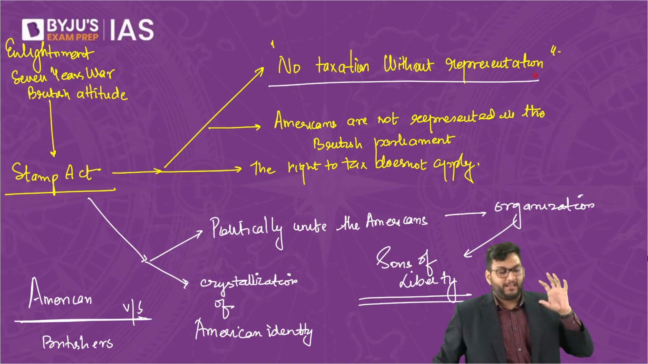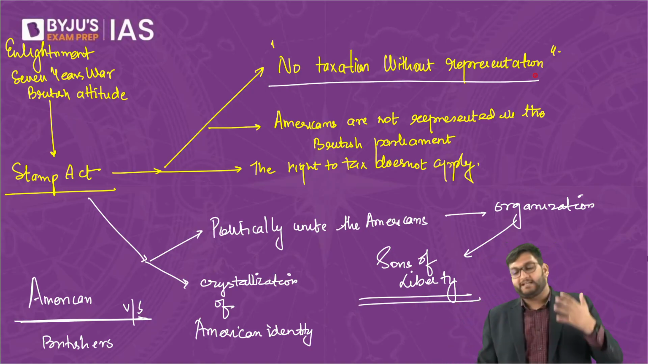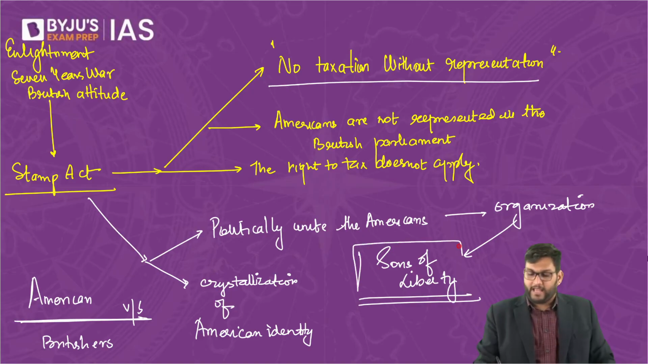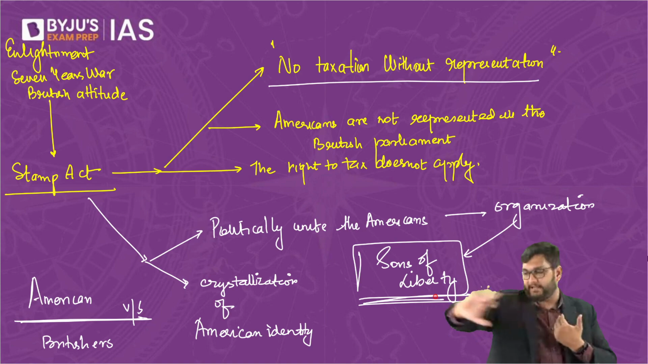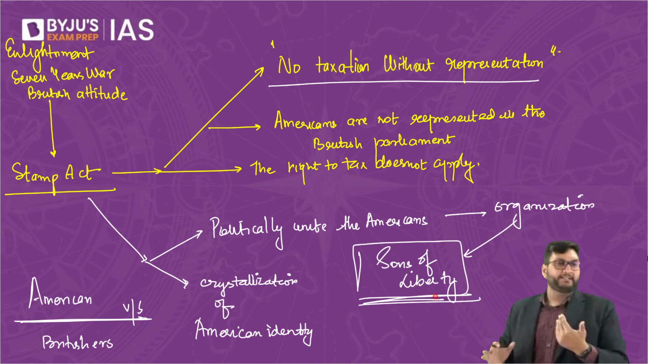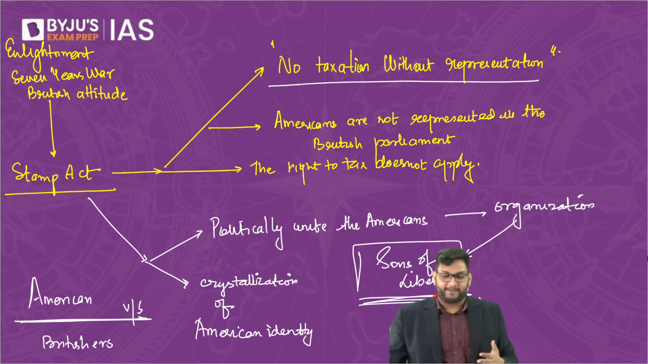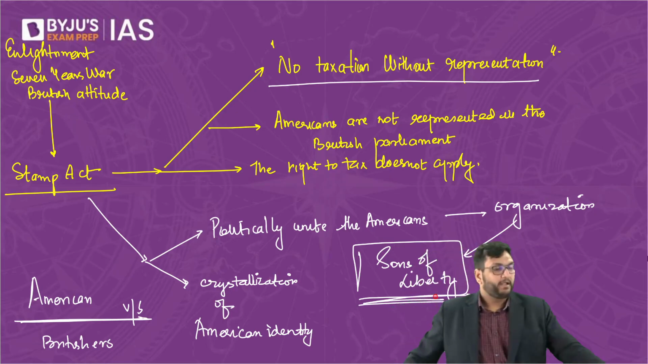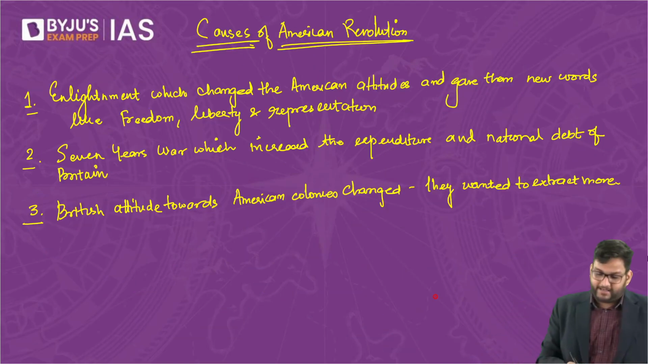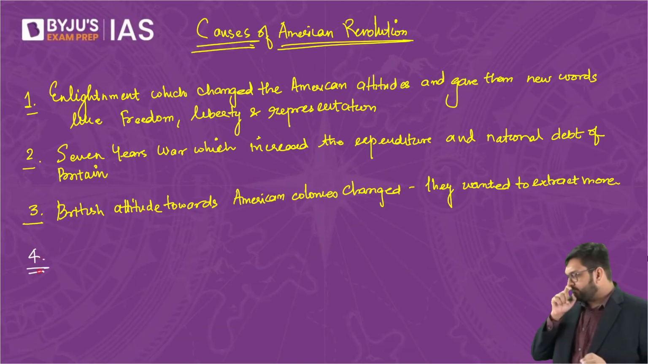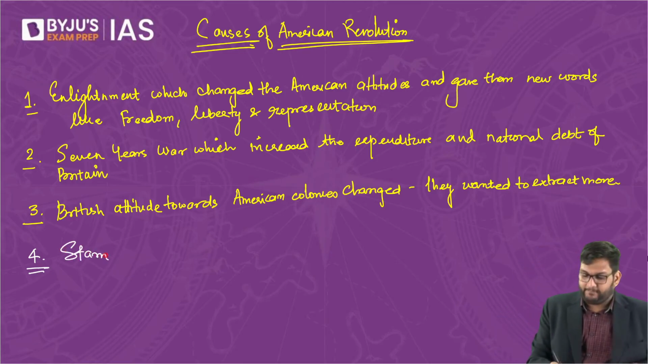So the Stamp Act will create multiple questions which will in turn unite them also, and will also create an othering, which is American versus Britisher. If this point is clear, I want to discuss now the chain of events which will start after the Stamp Act. Do we understand that in this list which I created here, I can now add the fourth point, which is the Stamp Act